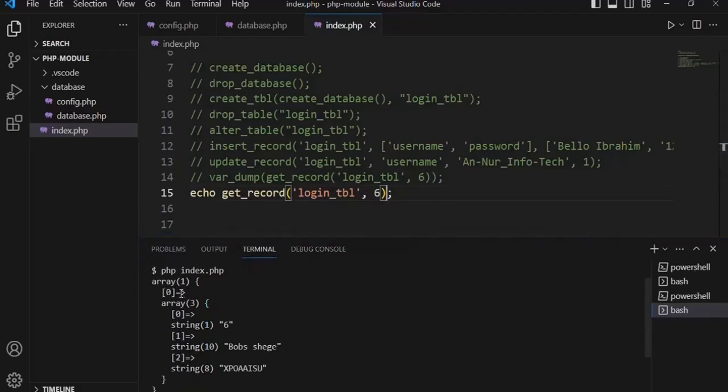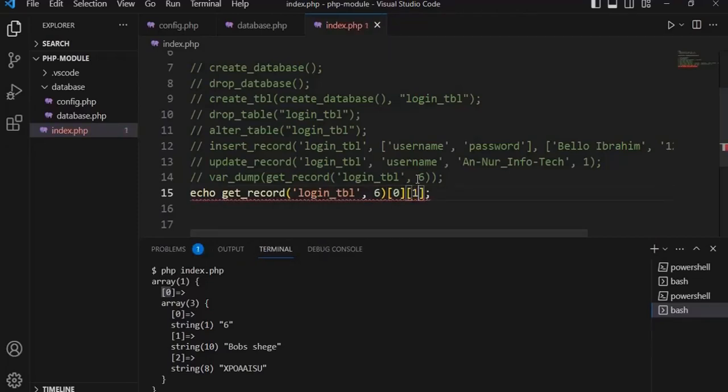Here, this is string, this is index 0, which returns 6, which is the ID. Then index 1 returns the username, while index 2 returns the password. To access the username, we have the first index here. From the function, type in index 0, then the other one is